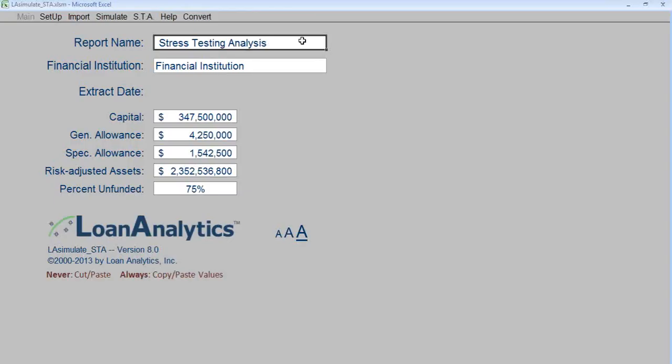Type in the report name, the name of your association, capital, general allowance, specific allowance, risk-adjusted assets, and the percent of unfunded commitment to be used in your allowance calculation. We'll click Setup,